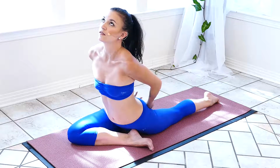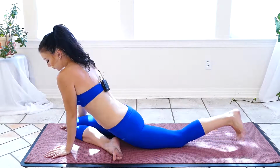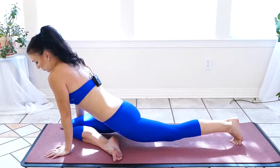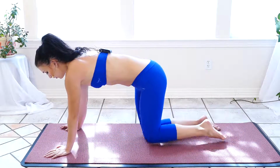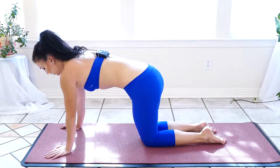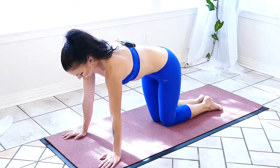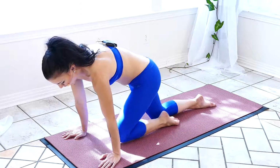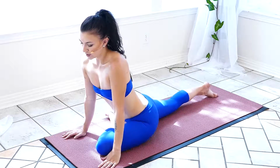Slowly release, bringing your palms back to the mat. And press through your left heel. Come onto that knee and bring your right leg to meet the left. Still on all fours, we'll bring the left knee towards the front of the mat this time. And go ahead and push that right leg back